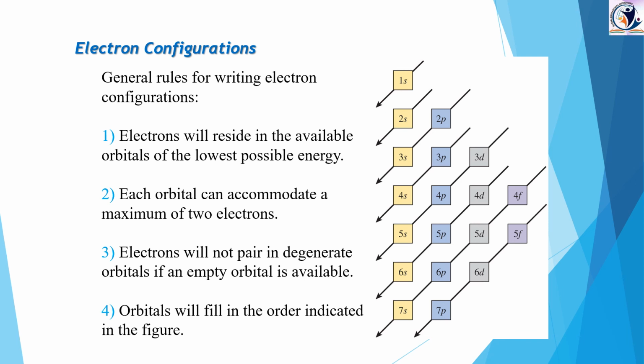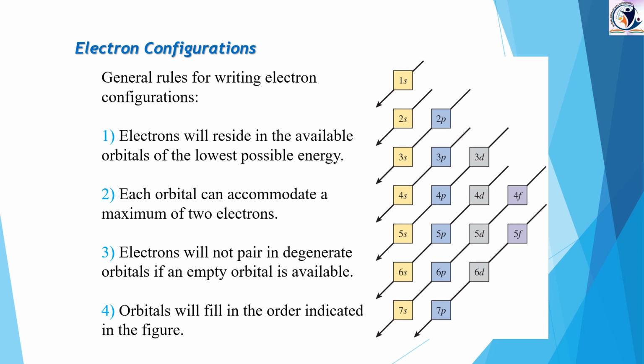1s, 2s will be done singly first of all. Afterwards, if you draw a parallel line, you will get 2p. While we are writing the electronic configuration, first we should completely fill up 1s. Then after filling 1s, where should we go? 2s2 we should go. Then after completing 2s, where should we go? We should go to the top, that is 2p. Then go to 3s, then 3p, then 4s, then 3d, 4p and 5s, then 4d, 5p and 6s. Then 4f, 5d, 6p and 7s. Now then 5f, 6d and 7p. Here it will be 8s, so that also can be added.